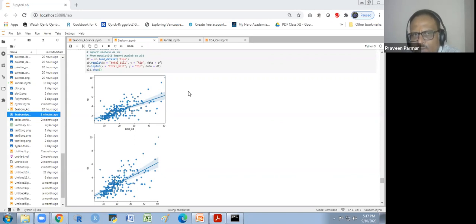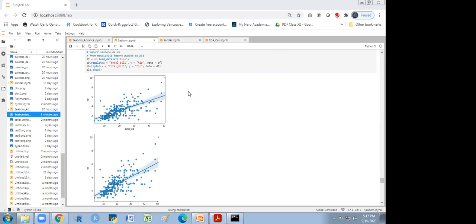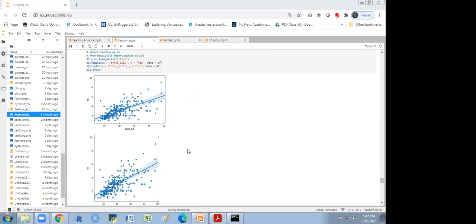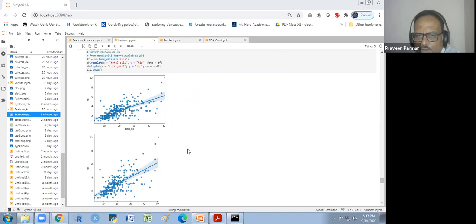Does that make sense to everyone? But here we could go beyond this. It is a predictive model, a linear model which we create in machine learning. Does that make sense to everyone?